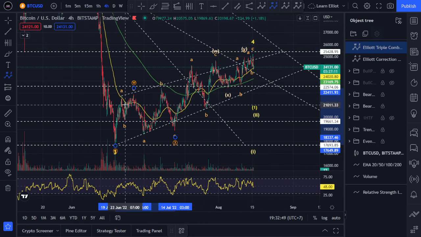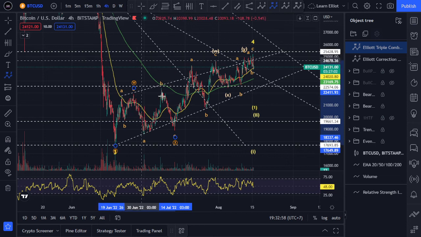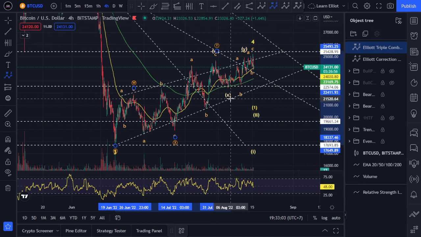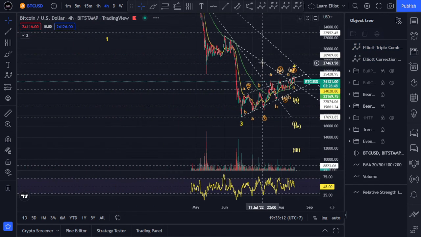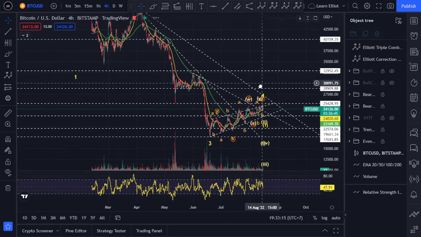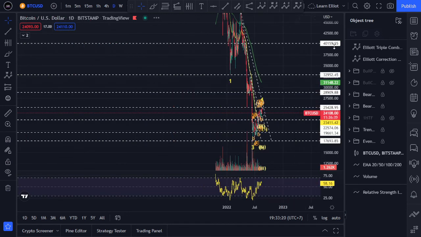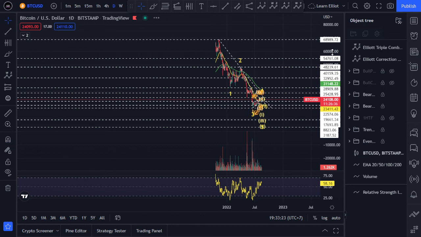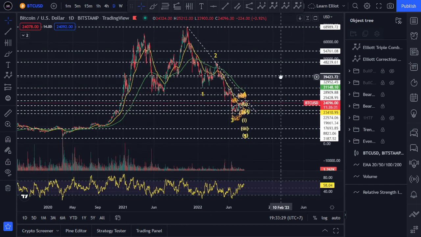So WXY here and ABC and ABC. Can I put this Y? This is a WXY here in W, and X in X, and Z in Z. So yeah. Okay, now let's count how far we can go, I think. So let's go to the daily time frame first. Okay, now assuming that